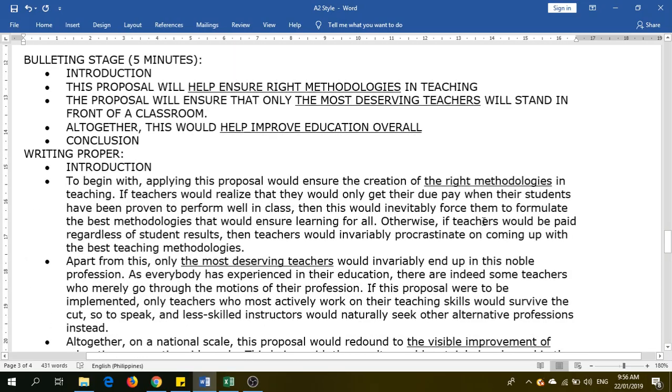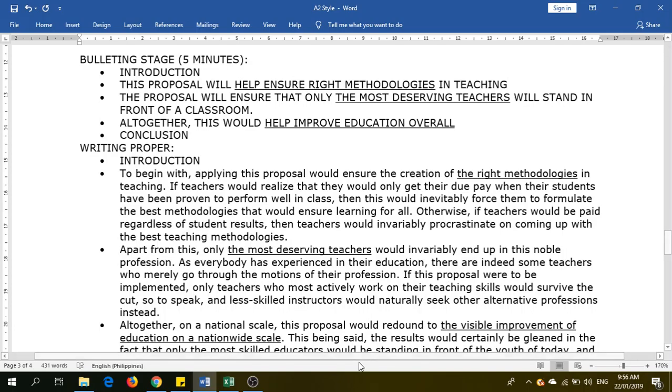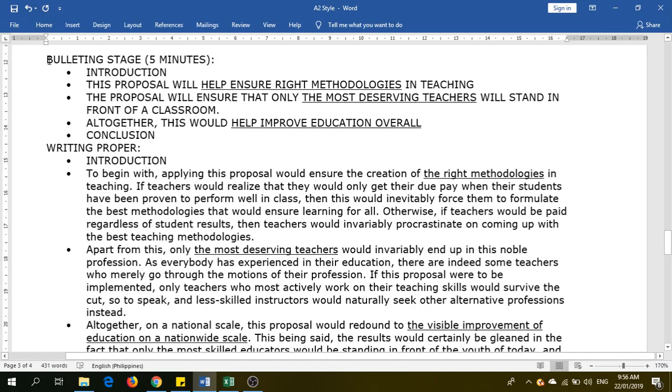In the first video, we actually discussed the A1 style. And as you can see here, this is how it looked like. We began by bulleting our essay. Bulleting is like outlining your essay first, investing 5 minutes for that. And according to that outline that we had, we came up with 3 bullets or 3 arguments in defense of our agreement with the question proposition. We said that if teachers were to be paid based on how much their students learn, it would help ensure the right methodologies, and eventually only the most deserving teachers will be left in the profession, and altogether this would help improve education overall. We didn't have the introduction and we didn't have the conclusion yet,